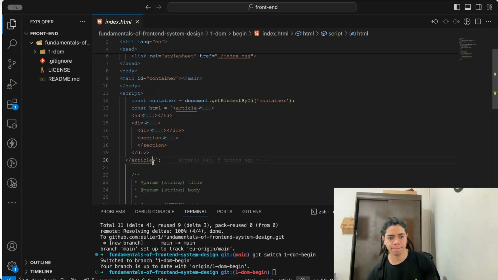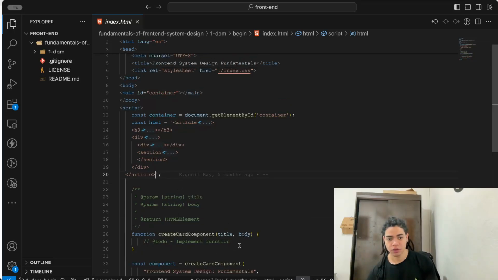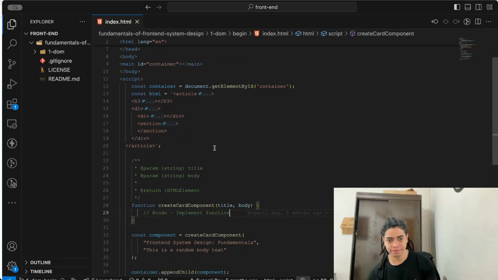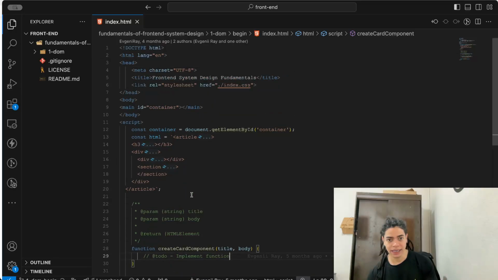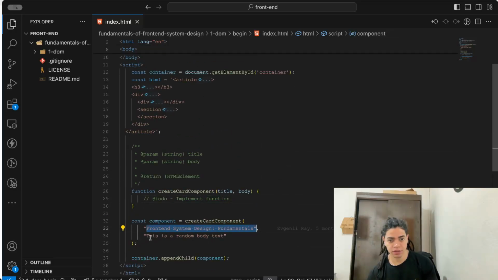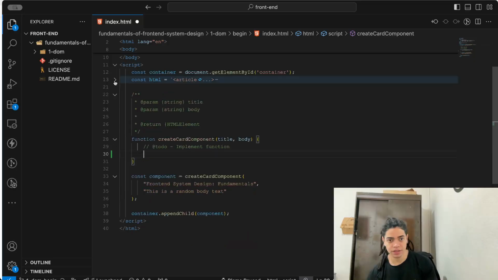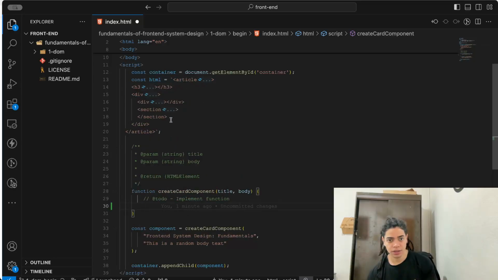Okay, here we go. So the whole point of this is to see how you can now actually do that. So implement the function. You can say, hey, just the title and the body. Okay, this is what we're gonna get from that. Especially as we call this front-end system design fundamental, and this is a random body text. Okay, so what we can do is to say, hey, put this on the inner HTML, but this inner HTML, as we can see here, right, has this particularly